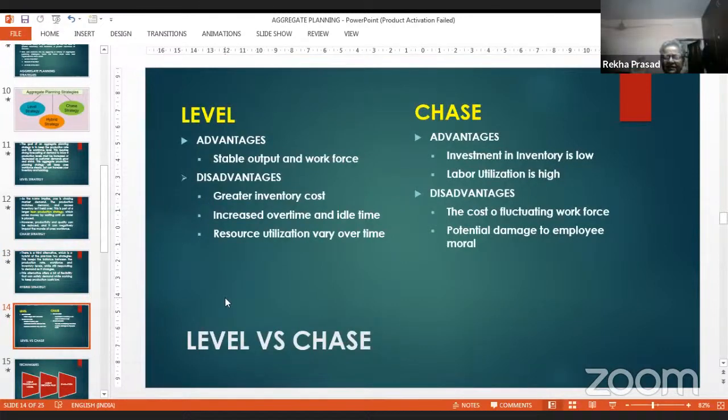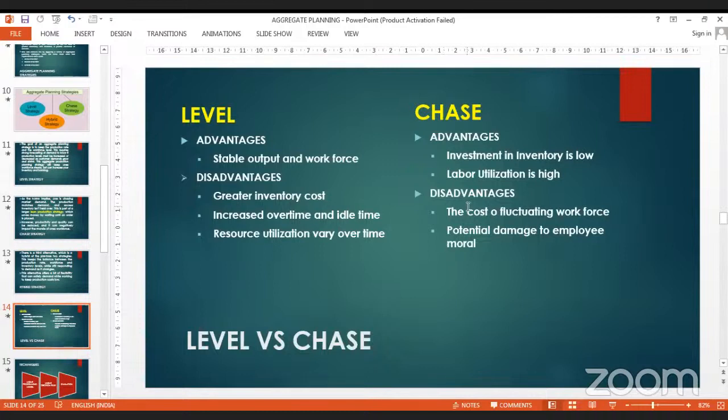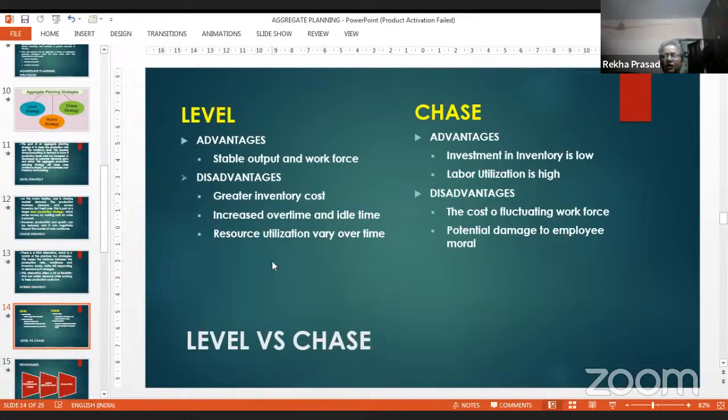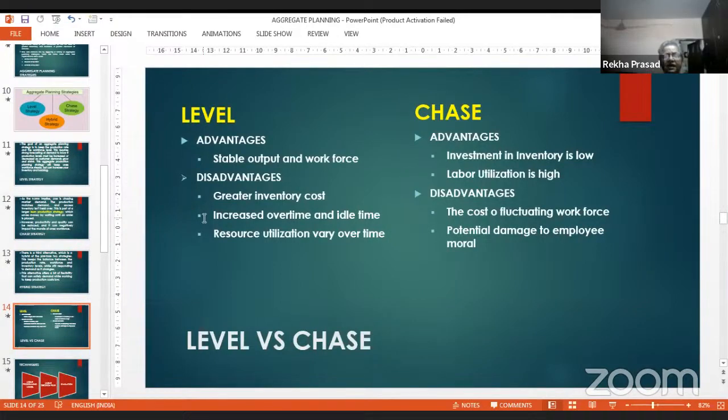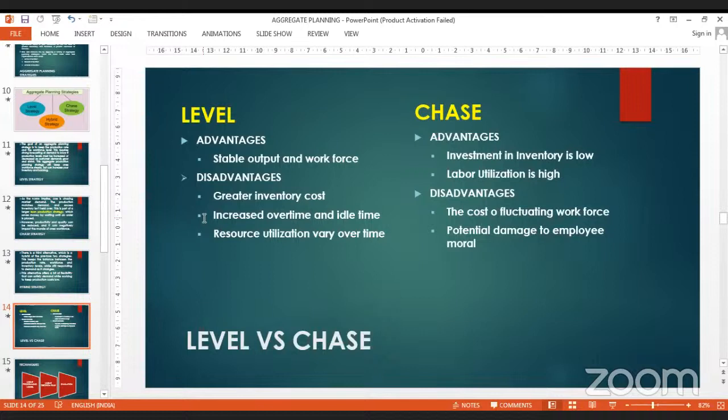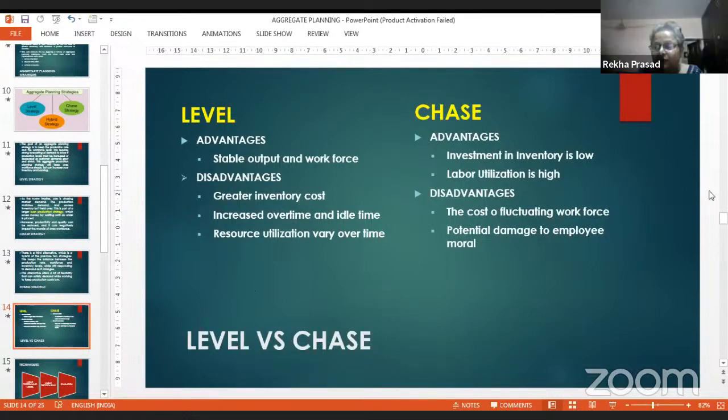तो दोनों के अपने एडवांटेजेस एंड डिसएडवांटेजेस हैं। यहाँ लेवल में एडवांटेजेस हैं स्टेबल आउटपुट एंड वर्कफोर्स; advantages in Chase is investment in inventory is low, labor utilization is high. Disadvantages in level is greater inventory cost, increased overtime and idle time, resource utilization vary over time. Disadvantages हैं the cost of fluctuating workforce, potential damage to employees morale, क्योंकि आप कॉन्ट्रैक्ट बेसिस पर रख रहे हैं तो जब काम नहीं है तो कॉन्ट्रैक्ट बेसिस वालों का मोरल थोड़ा डाउन होता ही है।